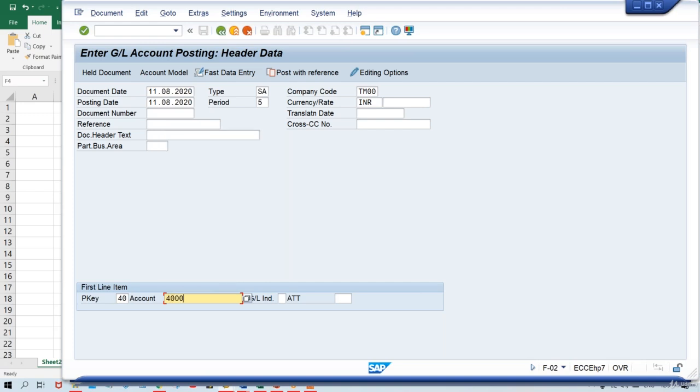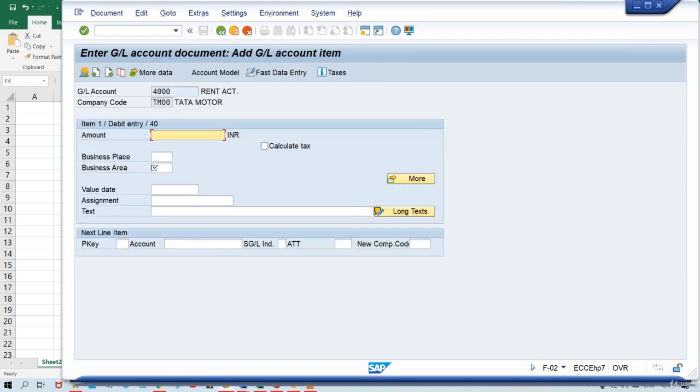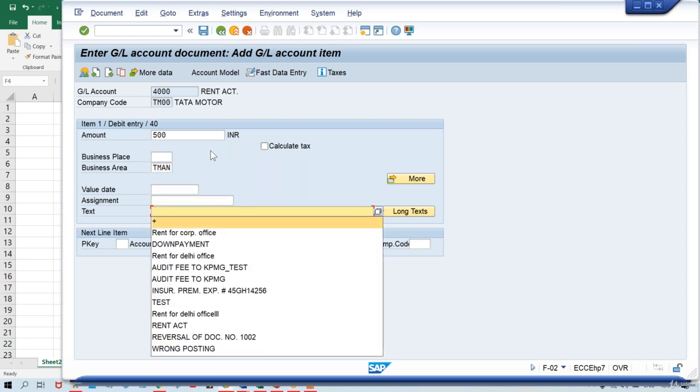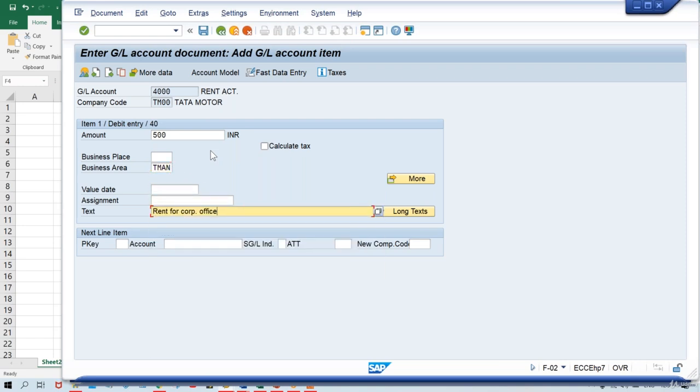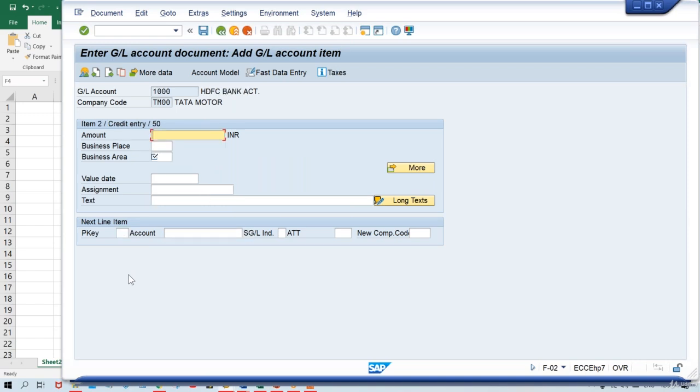Give your GL account. The rent account is going to be debited, right? Here rent account debit. Press enter, and for the rent account, how much amount? 500. I give the business area here, and narration can be given. Then the next line item is credit, and which account? Again a GL account, that is the bank account, which is going to be credited with the same amount. So what I said, you have to give your star mark,